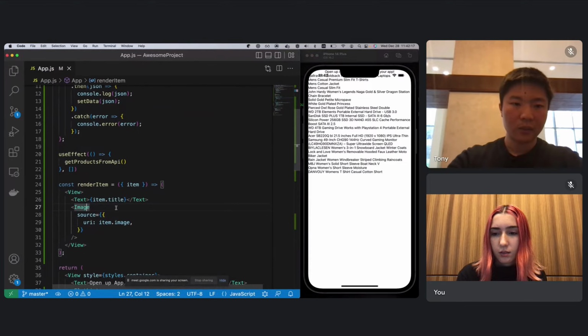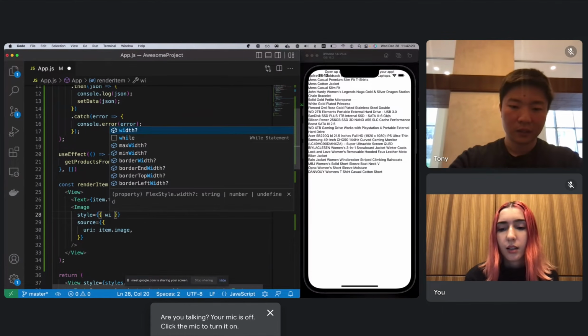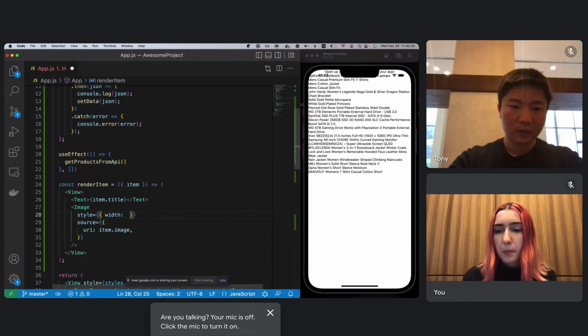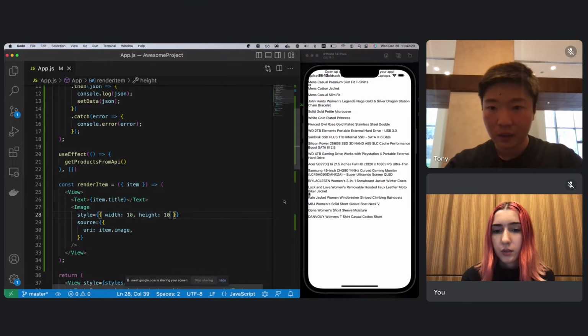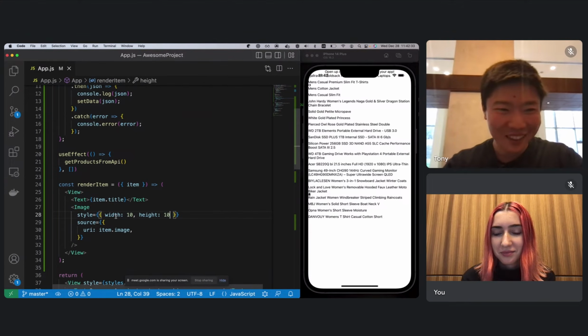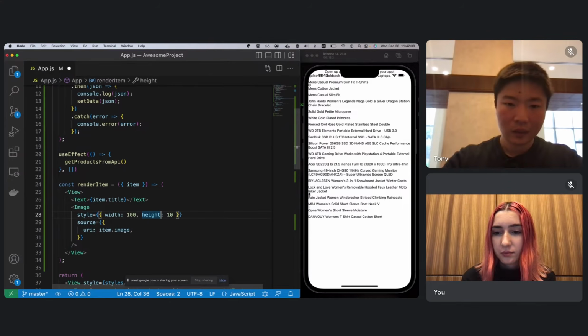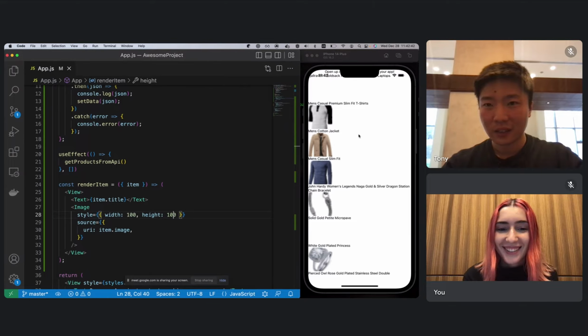I think for Image specifically, you do have to specify the style. So here we'll just do 10 and 10 for now. Yeah, that's fine. Oh, it's super tiny. So blow that up a little bit. And there we are. Nice.